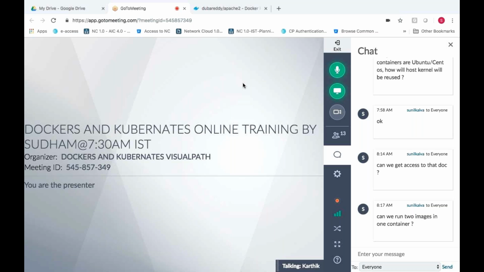If that's the case, then you need to write a script. This is all about writing the script, and then you need to give the tags there. See, tags cannot be automated, that is for sure. We need to specify the tag, either from the script side or from the CLI, whatever it is. Image name and tag name is mandatory. Okay, got it.